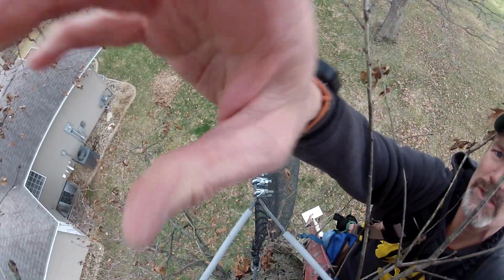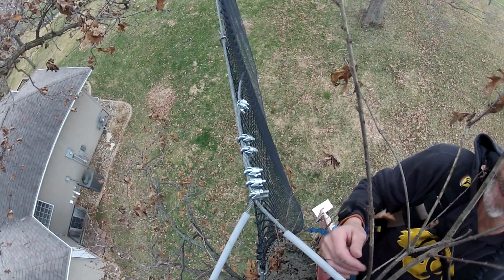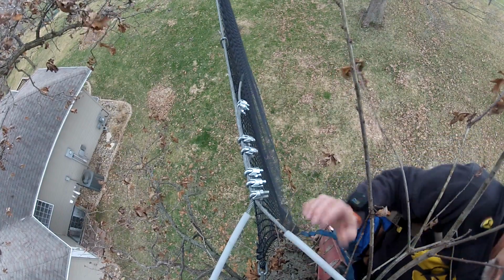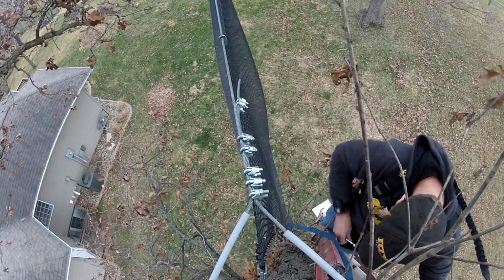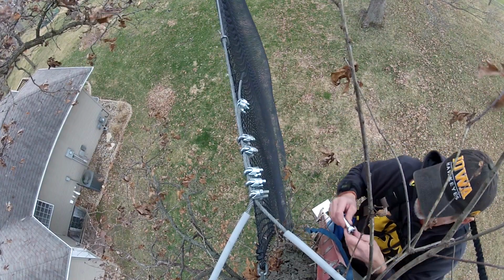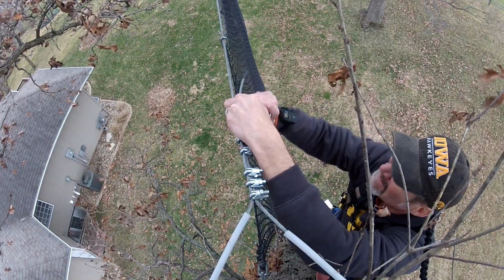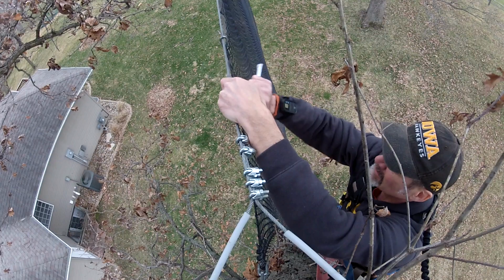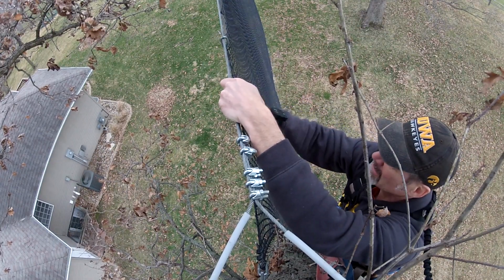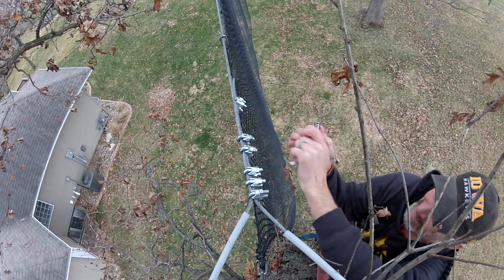Can't tell for sure where you're looking, but hopefully that's good enough right there. Make sure these are tight out here. Good and snug, so they don't come through the cable. The cable doesn't come through them. And then